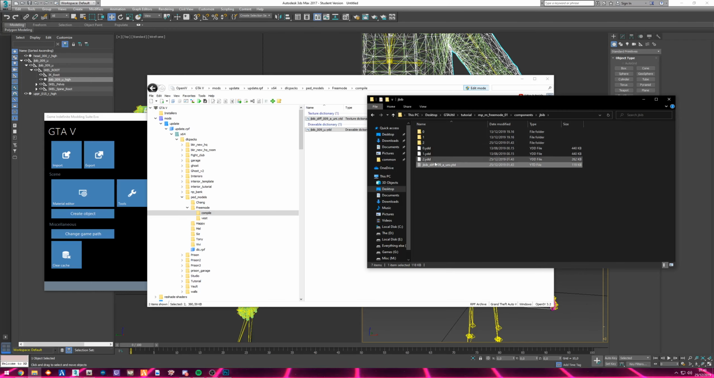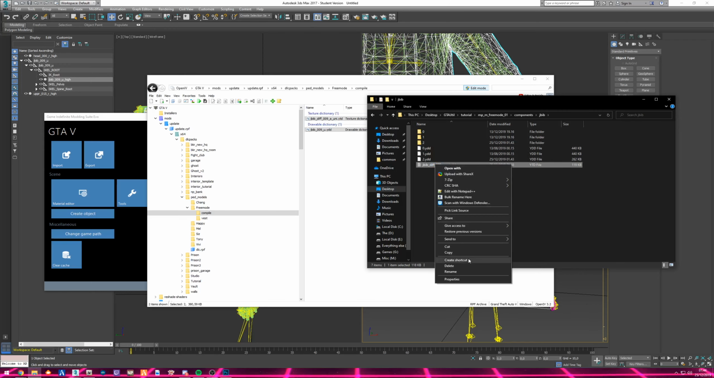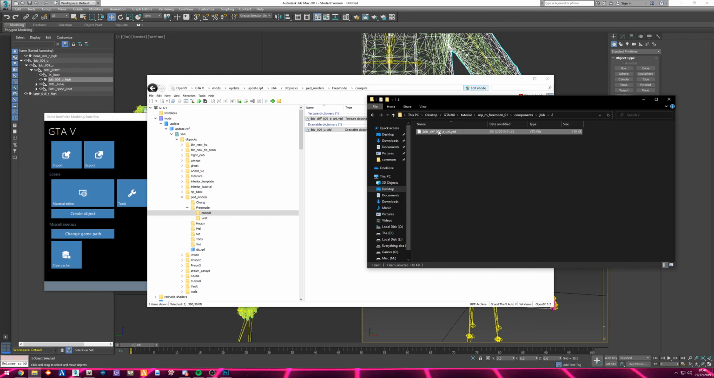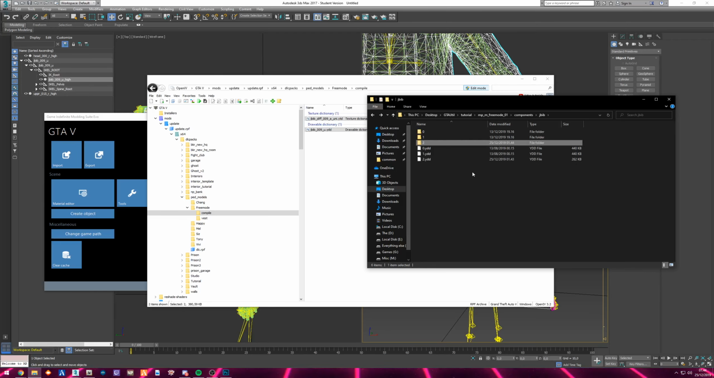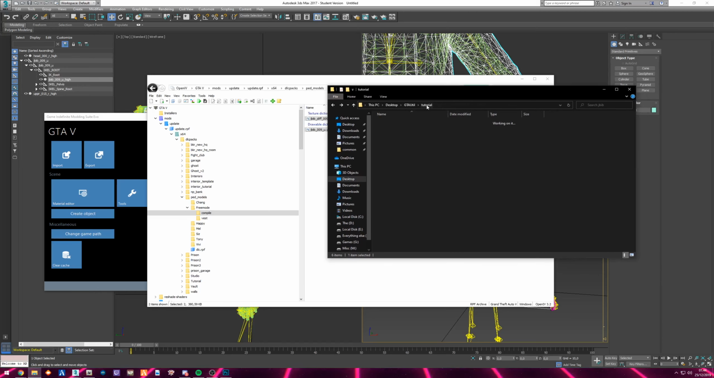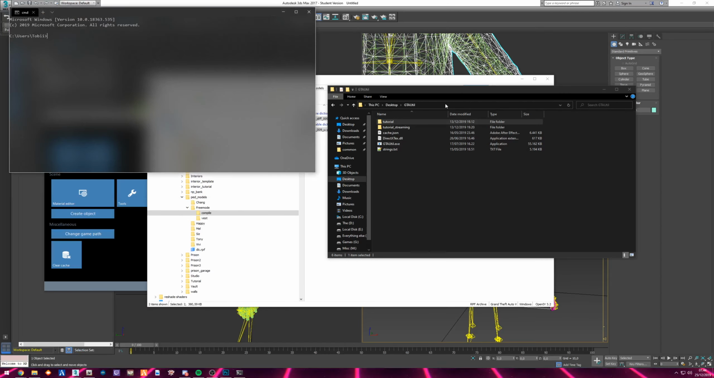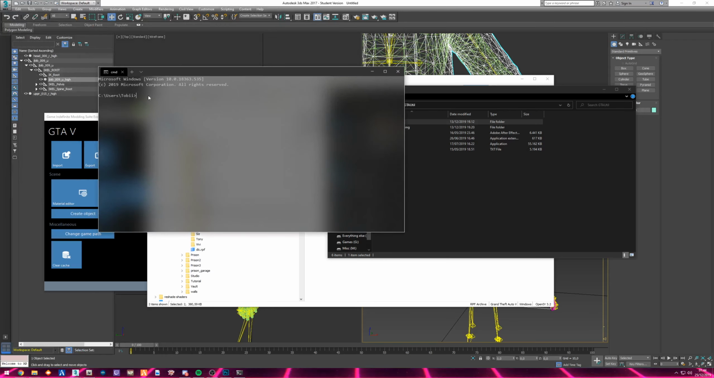Control X to cut. You can also just right click and cut. Go into 2, paste it here and rename it to 0 because this is the first texture and also the only texture. We're gonna go back to our tutorial or GTA utility folder. I'm gonna copy my path and open terminal in my case, or you can do it in command prompt. I'm gonna do cd space the path, and then we need the